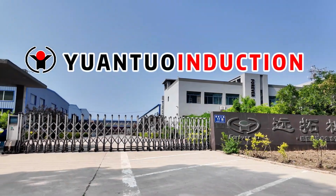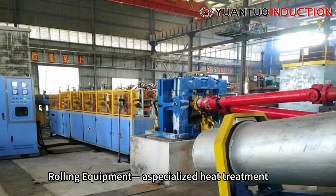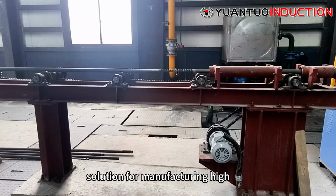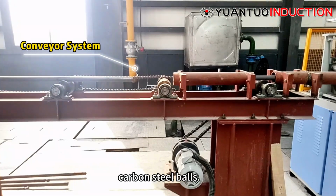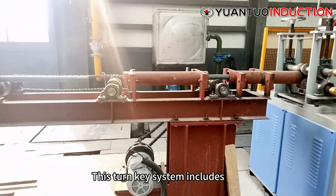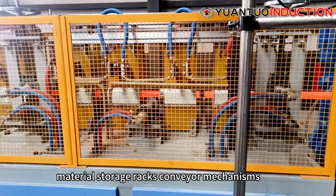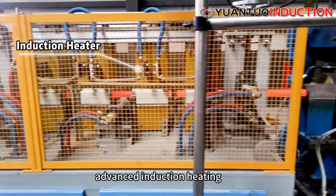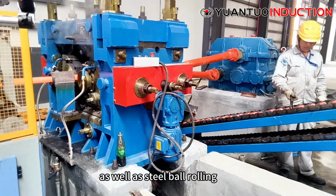Discover Yuantuo's complete steel ball heart rolling equipment, a specialized heat treatment solution for manufacturing high carbon steel balls. This turnkey system includes material storage racks, conveyor mechanisms, advanced induction heating power supplies and coils, as well as steel